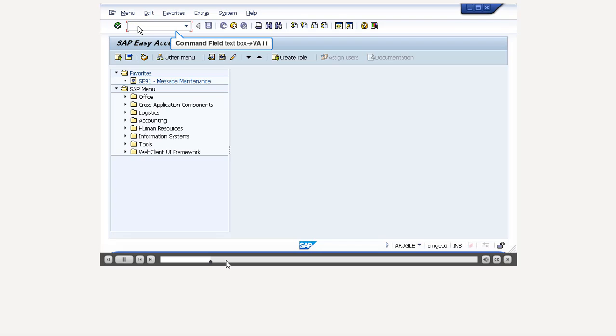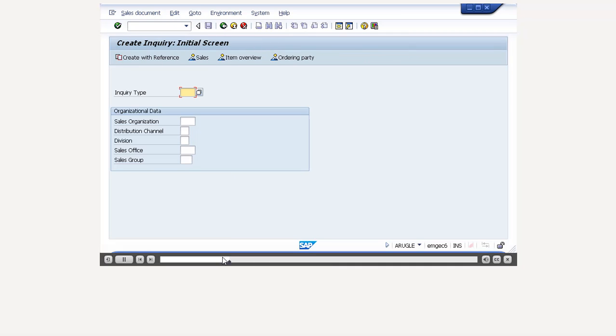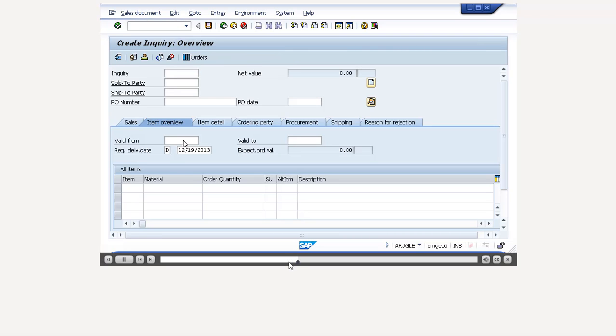In the Inquiry Type text box, type IN. In the Organizational Data section, in the Sales Organization text box, type 1000. In the Distribution Channel text box, type 10. In the Division text box, type 10. Press the Enter key. In the Create Inquiry Overview screen, in the Sold to Party text box, type 100. In the PO number